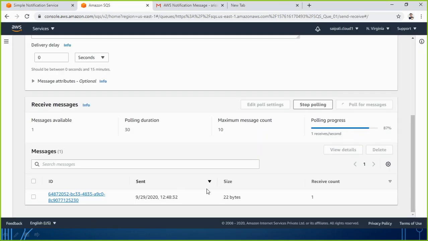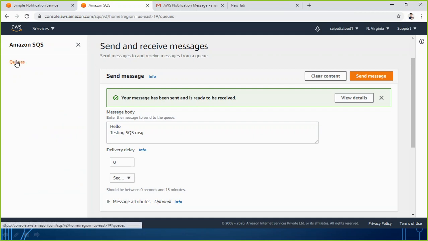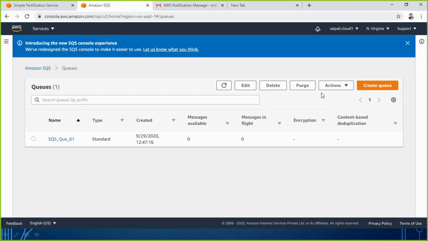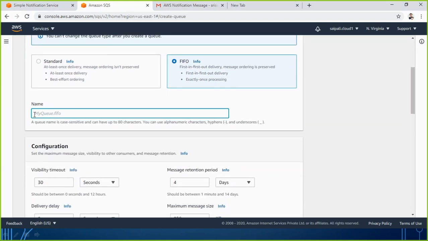Similarly, we can also create another type of SQS. Let me continue with the queue. Let's create one more. This time maybe I create FIFO. If you choose the FIFO type, you see it gives you the example myqueue.fifo, so the .fifo extension must be there.